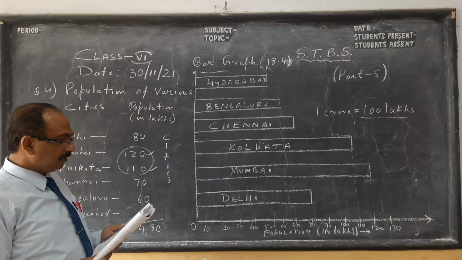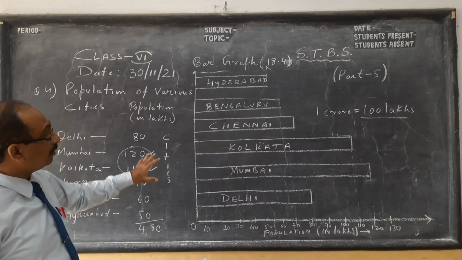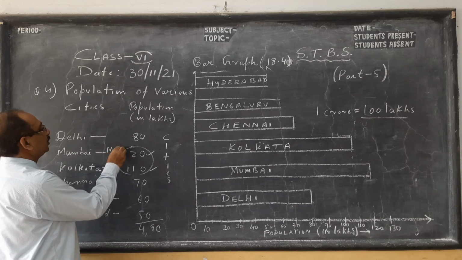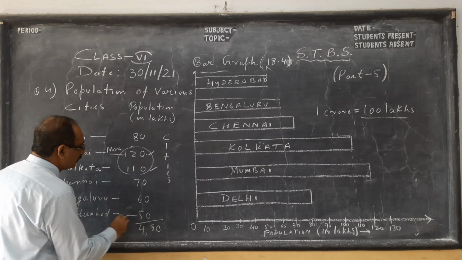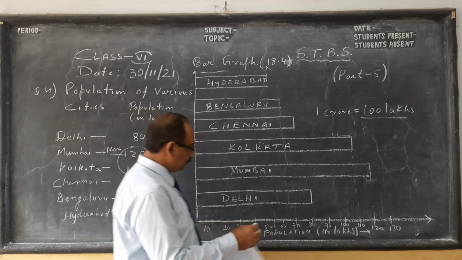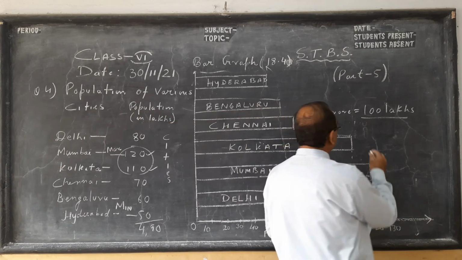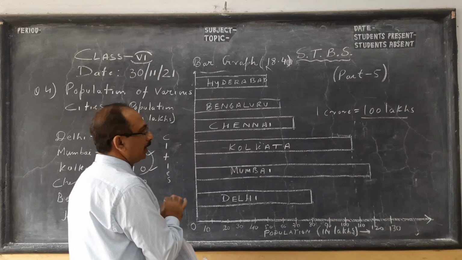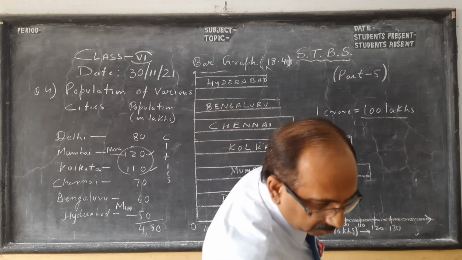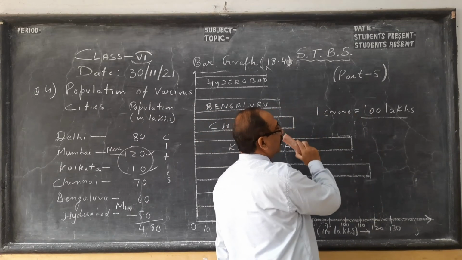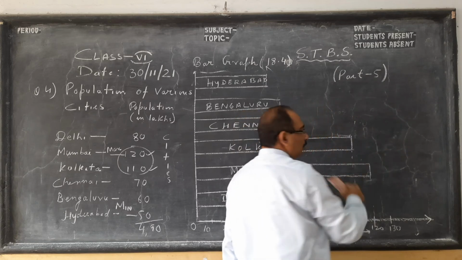Last question, what is the difference between the population of the least and most populated? This is the maximum population, Mumbai, and the least is the minimum. So what is the difference? After drawing the graph and all, you need to write down the answer. So how will you write down the answer, children? You will see. Please write 1 crore is 100 lakhs, and this is how, not in the graph.